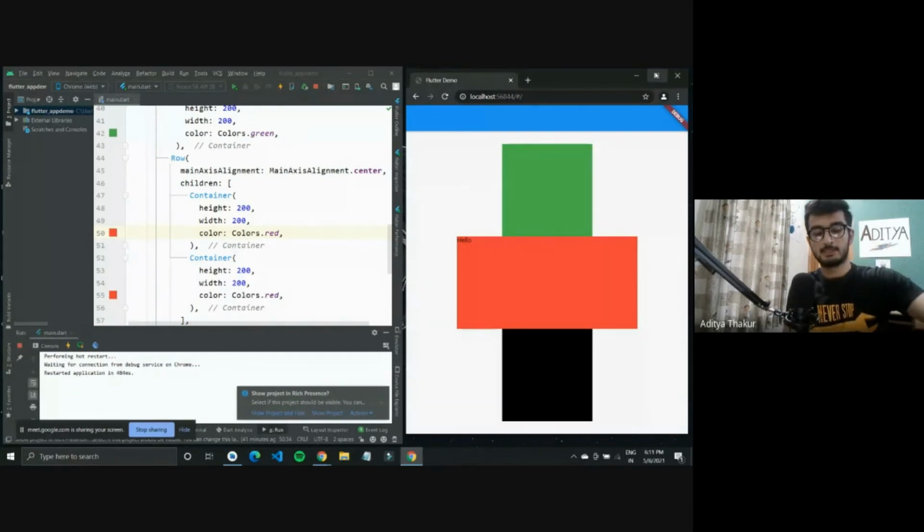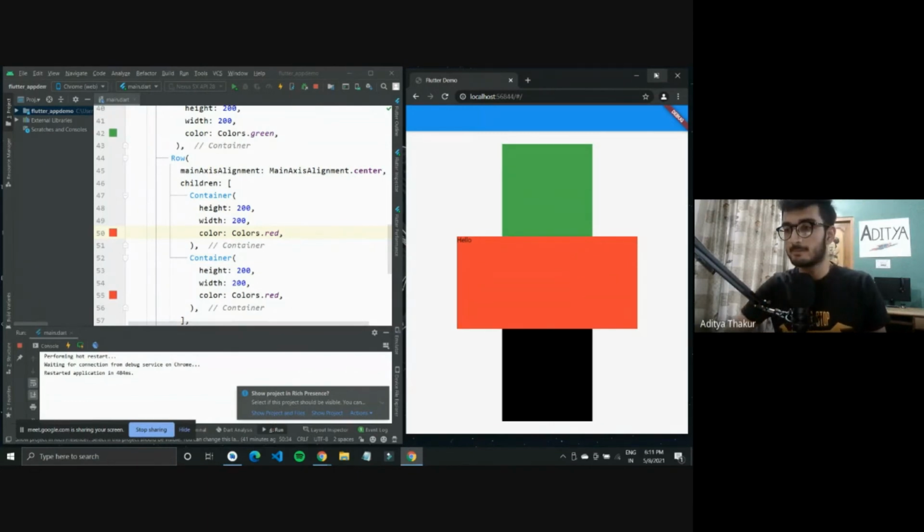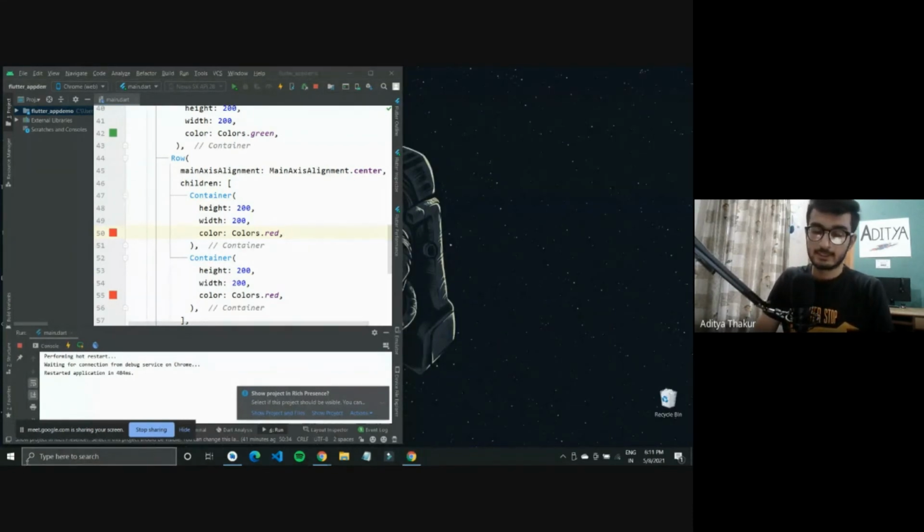So I'll just connect my device. If you are developing in Flutter, you can even use emulators, but I like to run my application on a real device, because then my CPU doesn't get that much load. So you can run it on a real device, or you can set up an emulator using Android Studio.